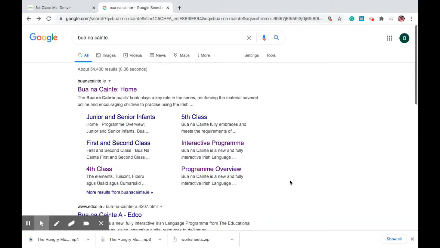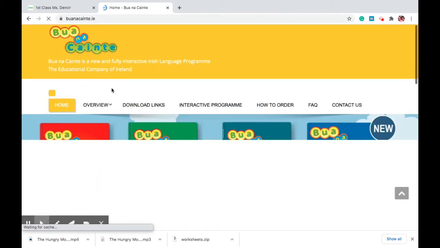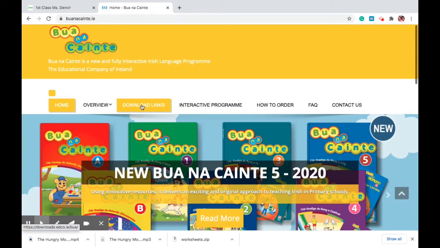Hi, so I'm going to let you know how to download the Bua Na Cainte app, which is a great resource because it has all the games on it. I've just googled Bua Na Cainte. I'm going to click on the home and I'm going to click on download links